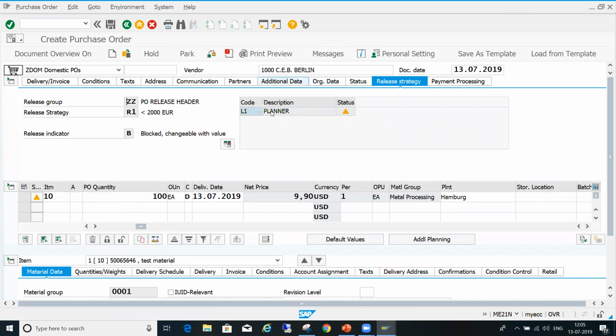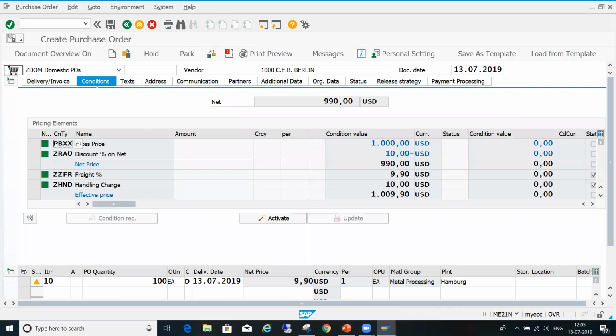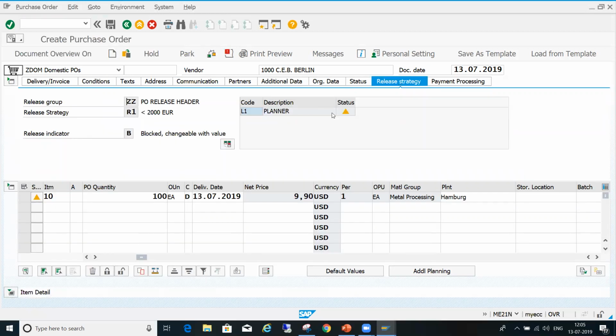The value is less than 2000. 100 into 9.9, so the total value you can see here in the condition header level is 990. That's why the release strategy is triggered only at one level.